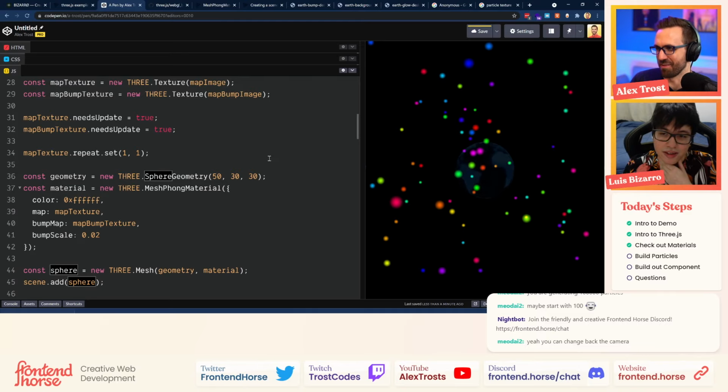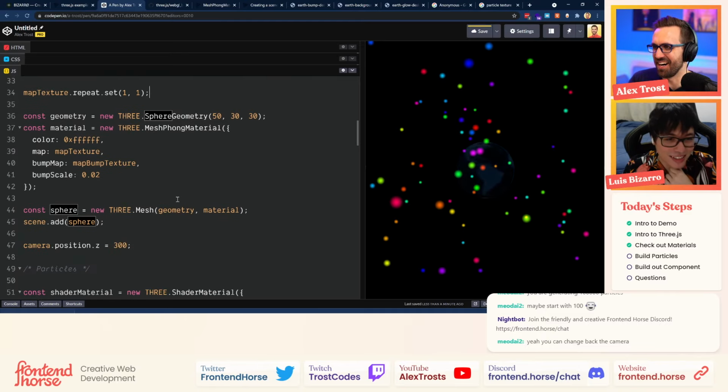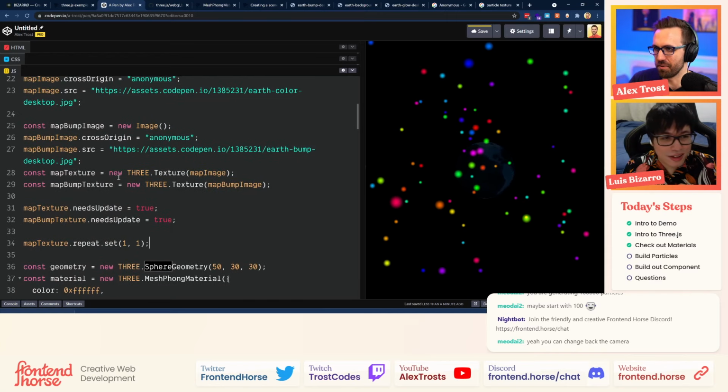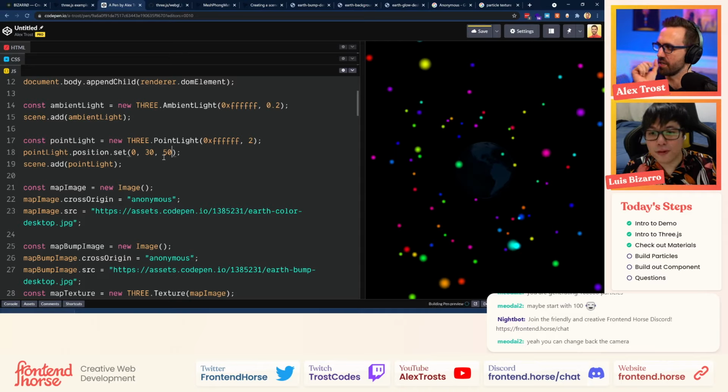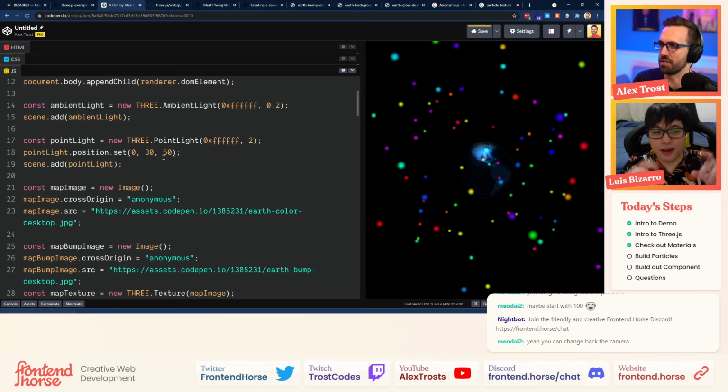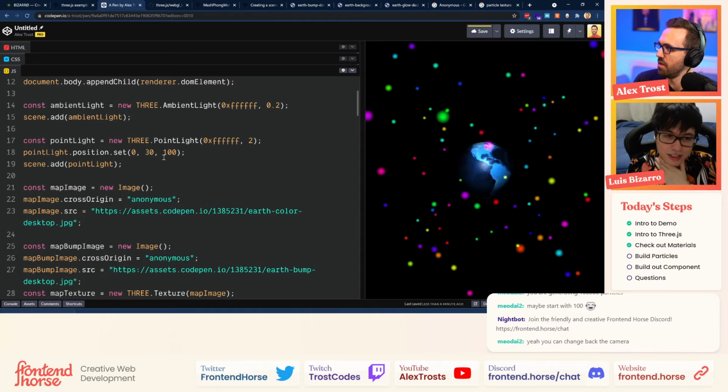And then the point light becomes a problem again, right? That's funny. Where's our point light? That should be above. So point light, here we go. So that was 30 and 50, 50. Well, that's still going to be inside the Earth, right? No, because it's 50. It'll be just in front, I think, because it should be 25 at the radius now. So it's going to be right there. We want to have it far off. Let's move a little bit. Maybe 100. That would be good. And 50. Cool. It's looking cool.